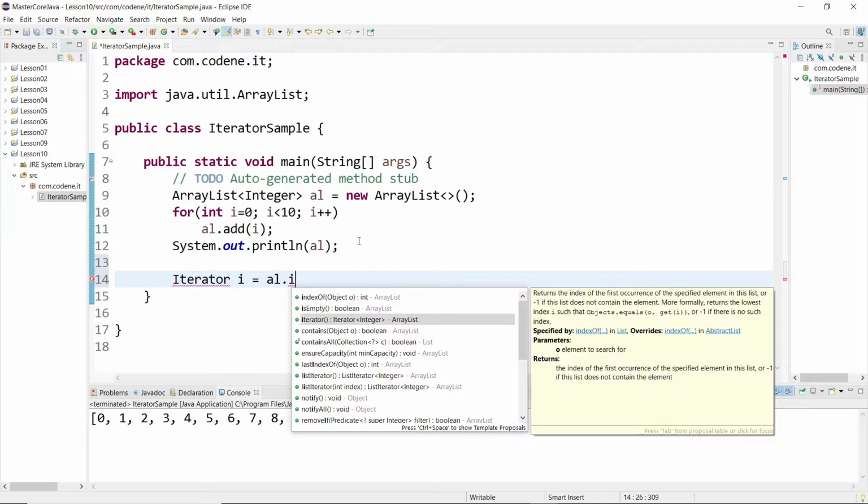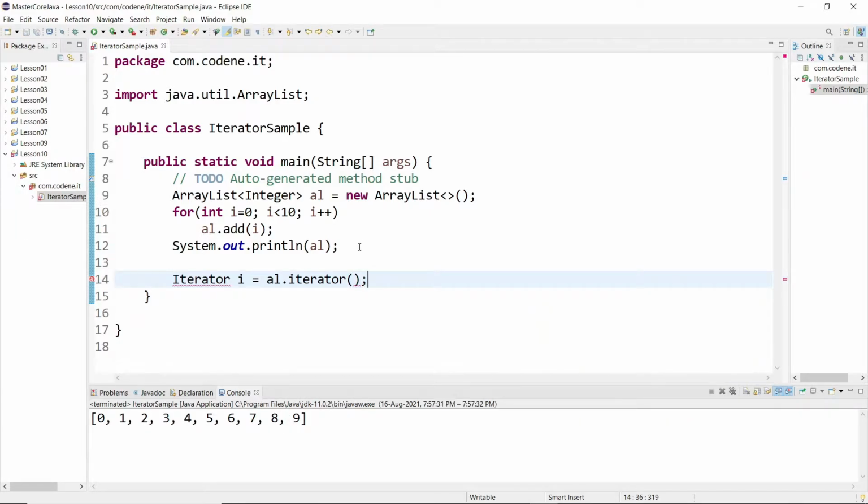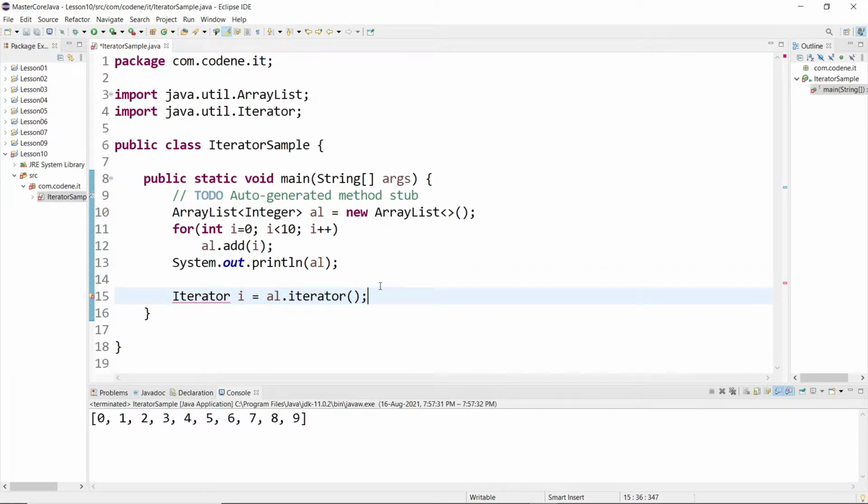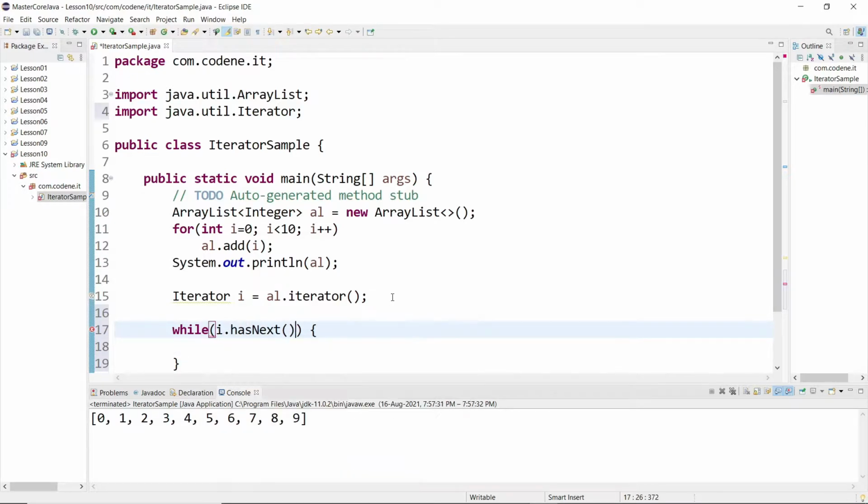Basically this returns your iterator variable. Just import this, and now if I want to print all of this, I can say while i dot hasNext, then I will print the values of i.